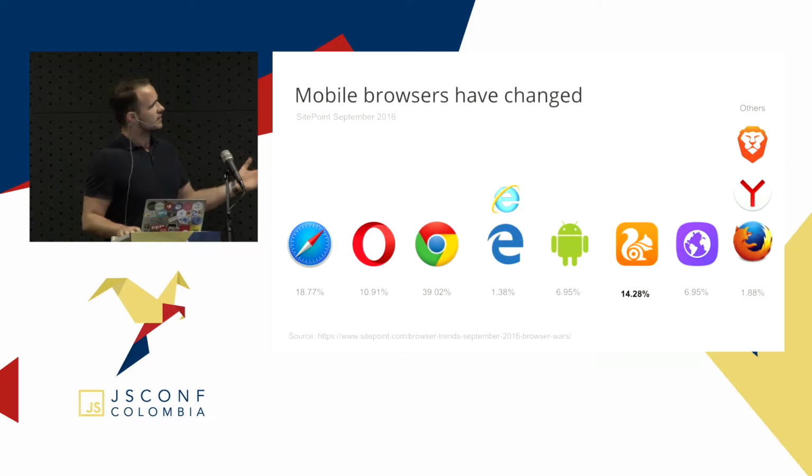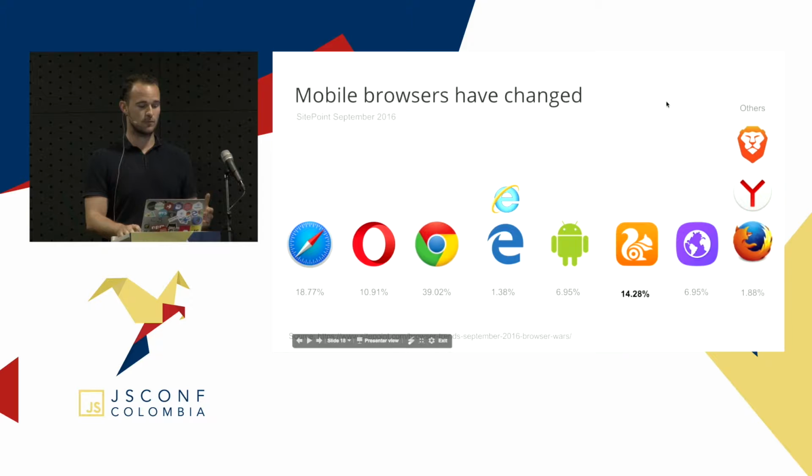And this is actually quite interesting because if you look at that landscape and the devices of people going online for the first time, then the mobile browsers have changed quite a bit. We are seeing the dominating browser being Chrome on Android. The second most popular browser is Safari on iOS. But we're also seeing new browsers like UC in the Asian markets that almost has 15% of the market. So we are almost seeing parity with Safari Mobile, with UC Browser, but not a lot of developers are